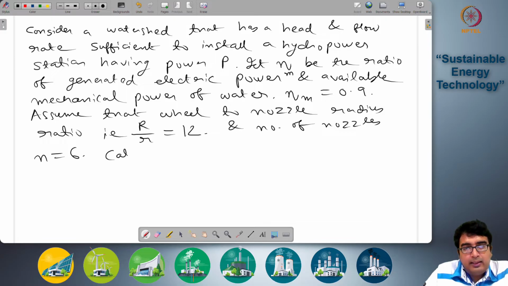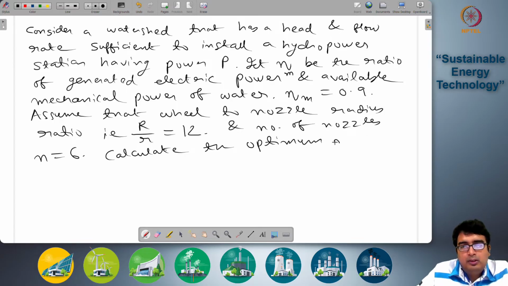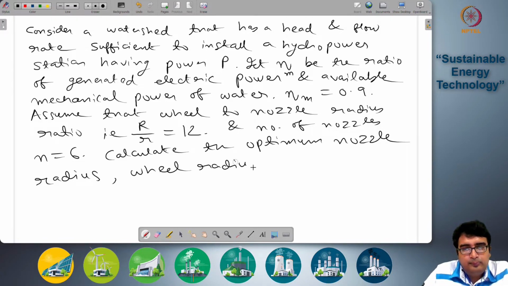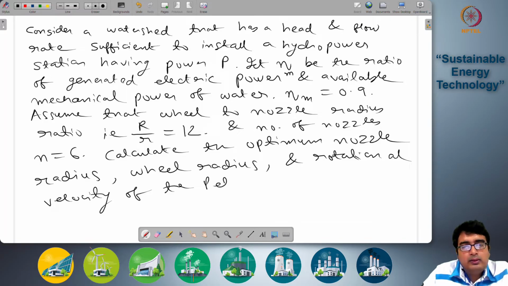So we have to calculate the optimum nozzle radius, wheel radius and rotational velocity of the Pelton wheel